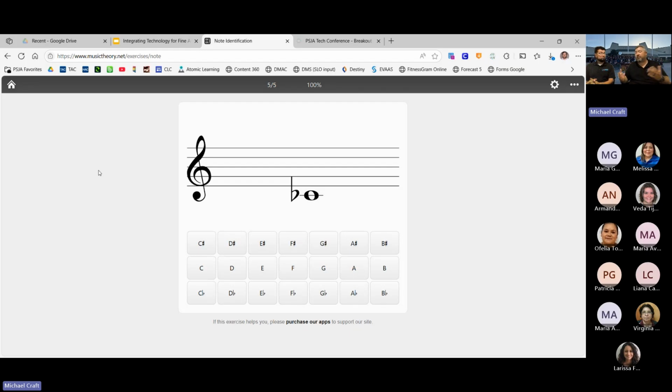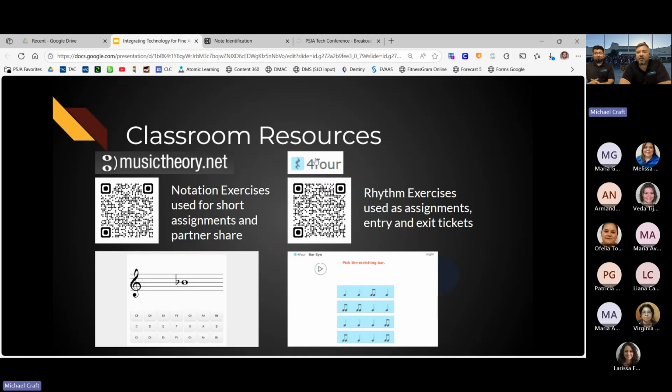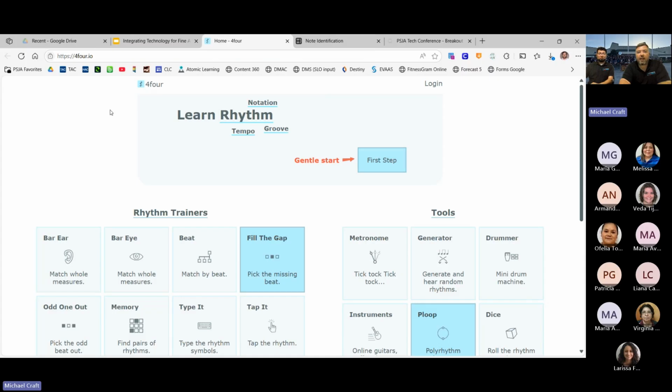So use your smart boards. We barely got one. I think we're trying to buy another one, but we barely got one, like 2 years late. Use small collaborative groups. So use your time. Okay, so if you're also a music teacher, I love 44IO. That's the number 4, the spelled out word 4, and then .io.